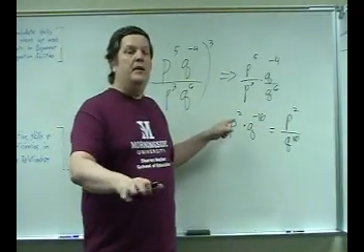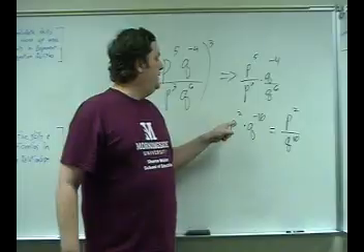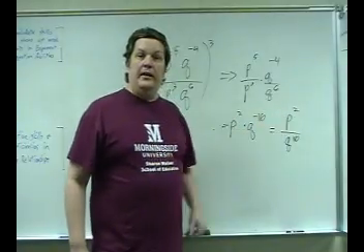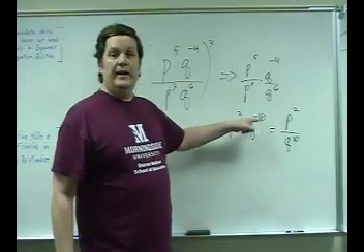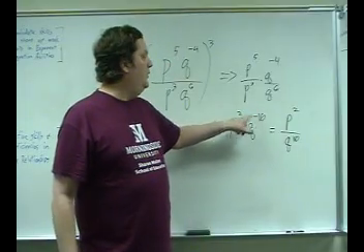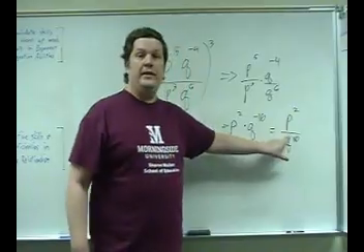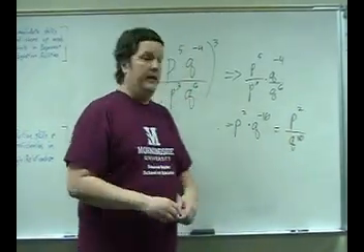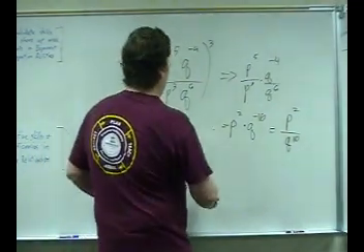P is just staying where it is. P hasn't done anything. P is sitting there, it's got the 2, it's not bothering anybody, it's minding its own business. So P stays exactly where it is. Q, on the other hand, has that negative exponent. So Q, with the 10, has to move down to the other side. Again, they are separate variables doing their own thing. All right, so now,